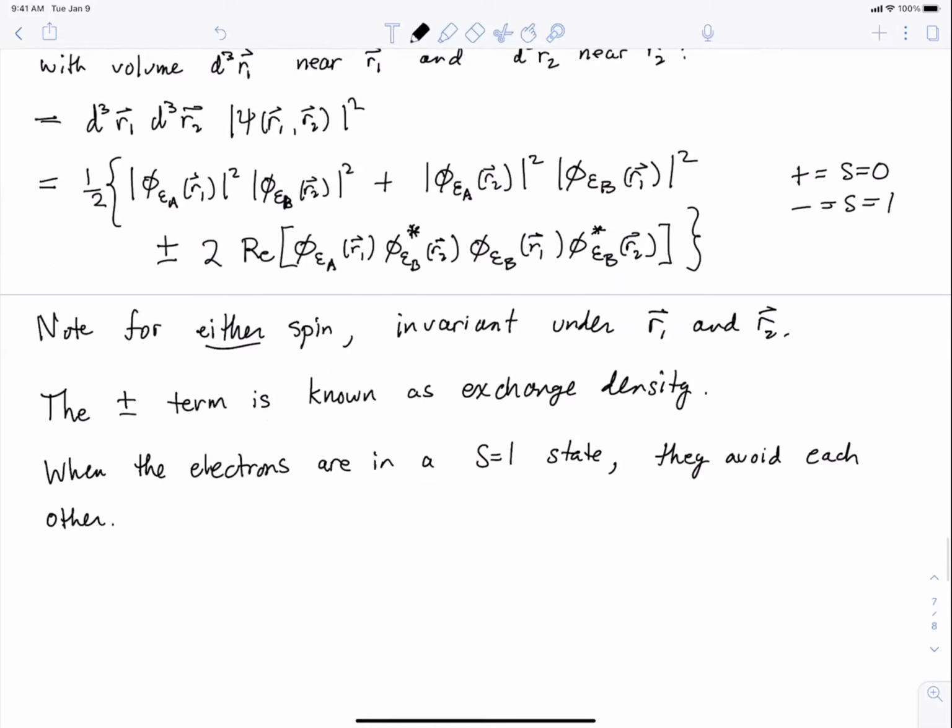We notice that if you plug in that EA and EB are the same thing, and you just look at this plus that, it's exactly canceled by minus 2 times this, because this works out to be the same thing as either one of these two terms separately in the case where EA equals EB. Okay, so that means the probability, or the probability density,